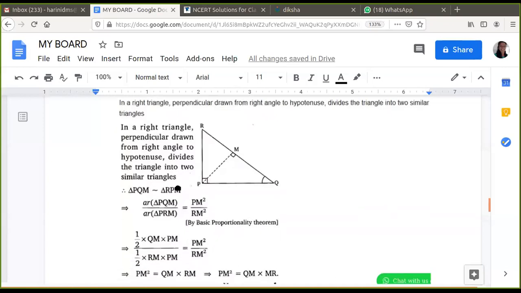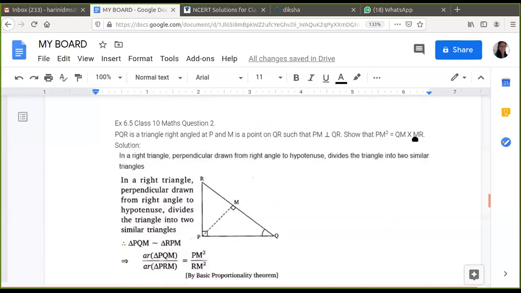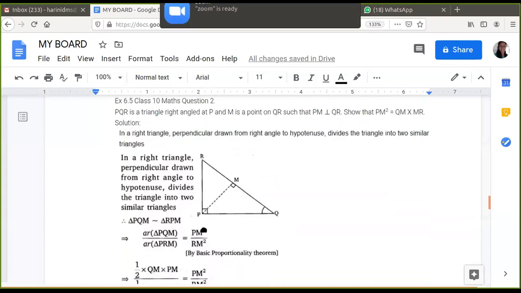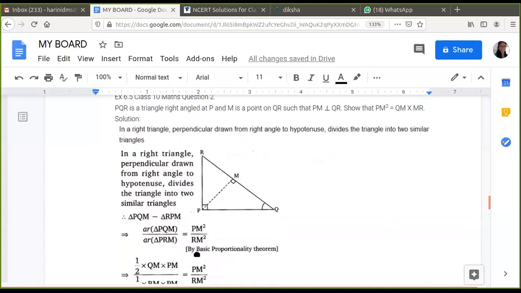Sorry. I was just trying to tell that there are 3 similar triangles here now because of our previous theorem. And I am taking the 2 smaller triangles to be similar. And I am applying the areas of similar triangles here because what I want to prove is PM square. I want the square of a side. So square will not come with my basic proportionality theorem. It will come with my areas of similar triangles and hence I got this equation. Here it is written as basic proportionality theorem. Just change it as areas of similar triangles because you have applied the areas here.